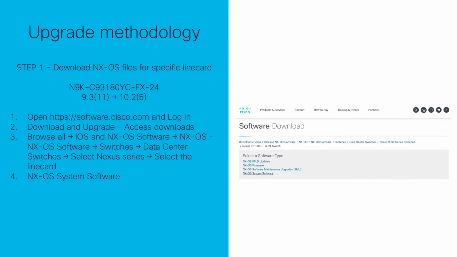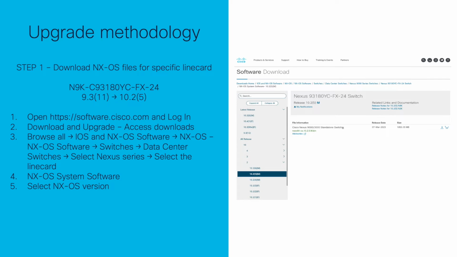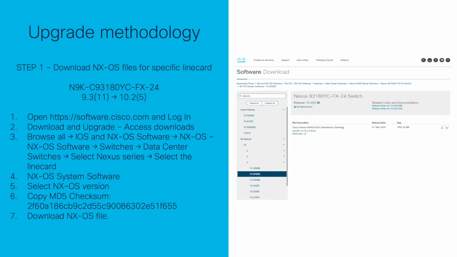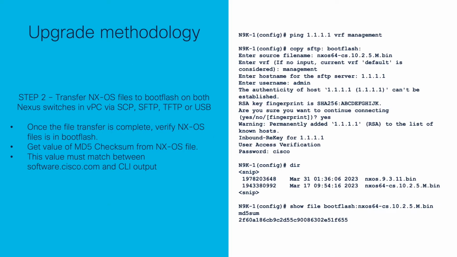Open NX-OS system software. Select the NX-OS version. Move the cursor over the file name to display this window and copy the MD5 checksum value. Download the NX-OS file. Step 2 is to transfer NX-OS files to bootflash on both Nexus switches in vPC via